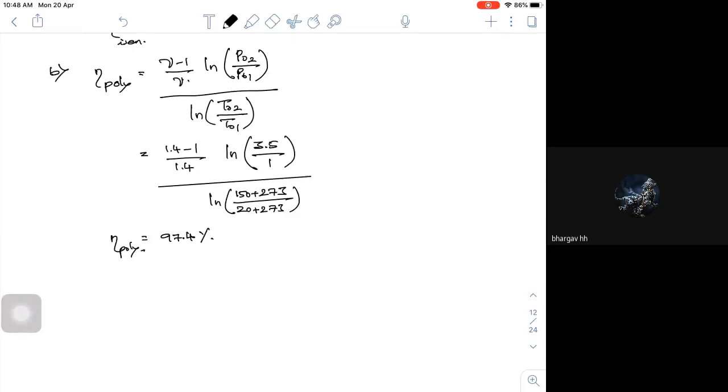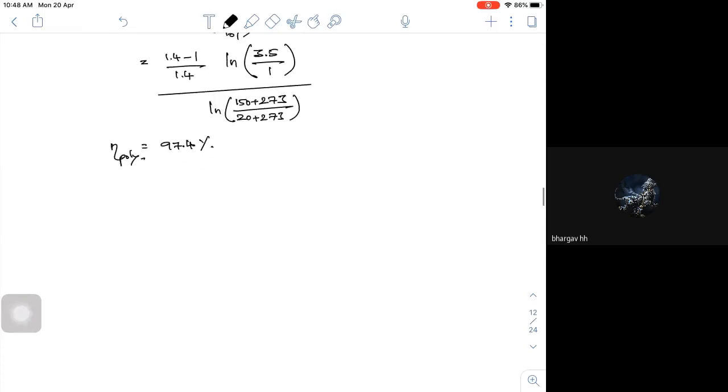Now the third part. The third part is I have to find the corresponding velocity. So this velocity I can find using your corresponding pressure equations. Fine. What is it? P02 is equal to P2 plus rho into V2 square by 2. But what is the value of rho?